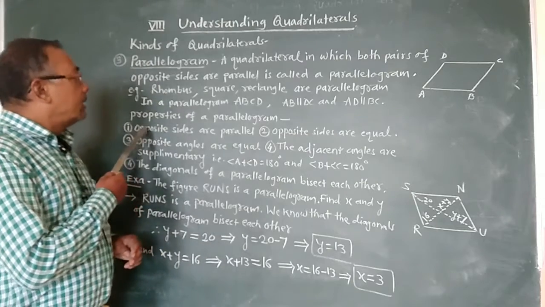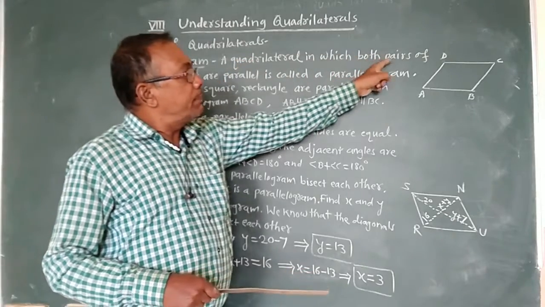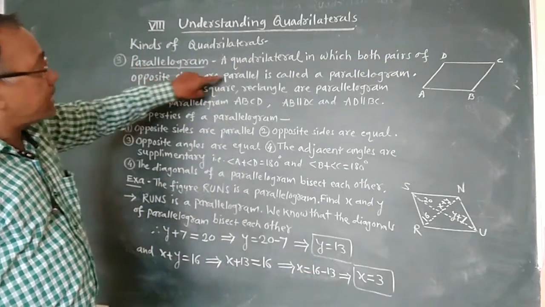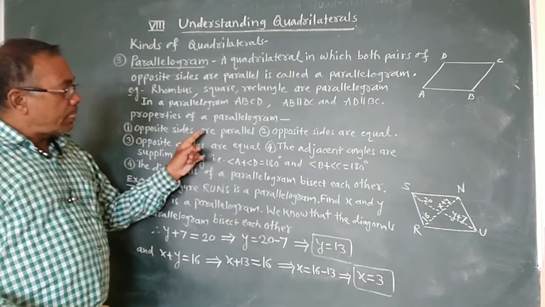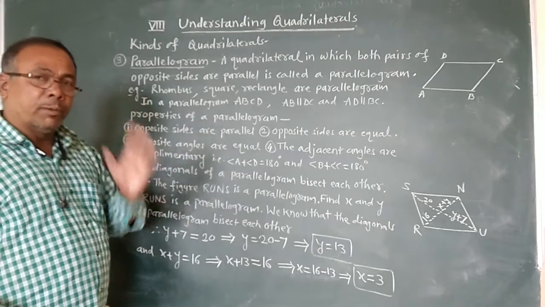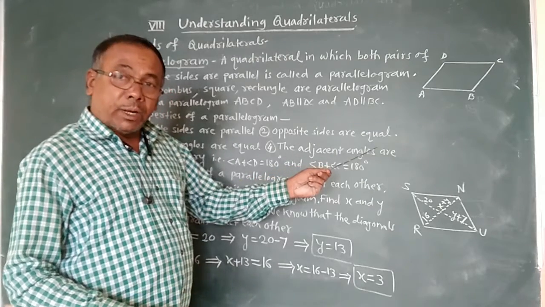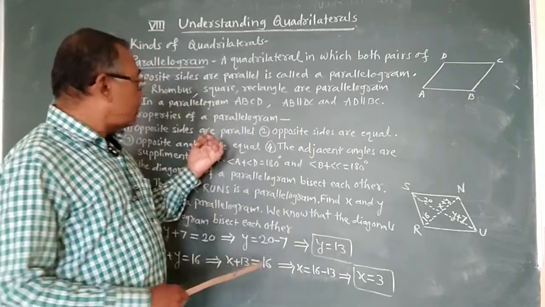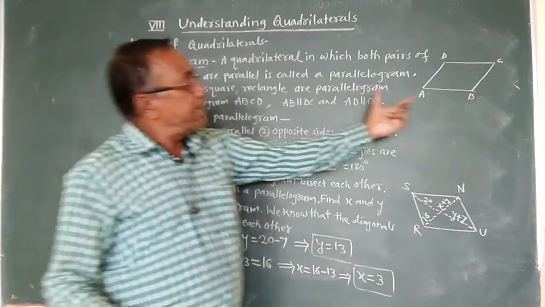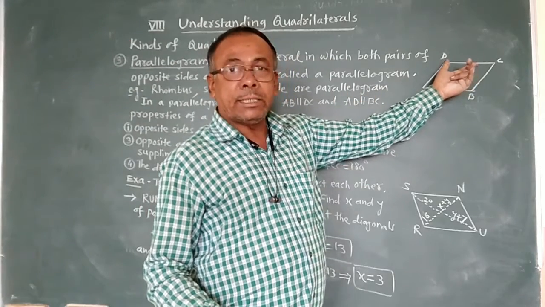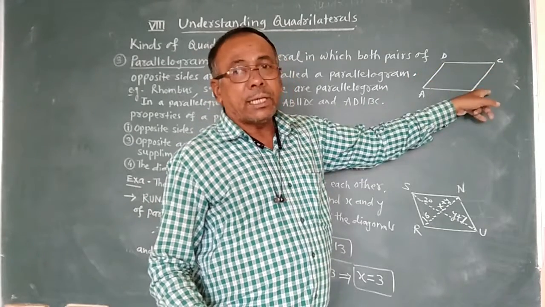The first property is, from the definition of the parallelogram, a quadrilateral in which both pairs of opposite sides are parallel. Means the first property is that opposite sides of a parallelogram are parallel. So this is a very important property. Then the second property is opposite sides are equal. Means opposite sides of a parallelogram are parallel as well as equal in length. Means length of AB equals length of DC, and length of AD equals length of BC. So opposite sides are equal in